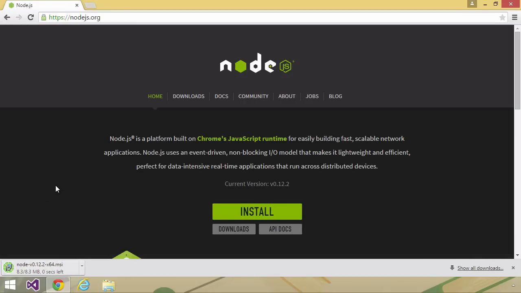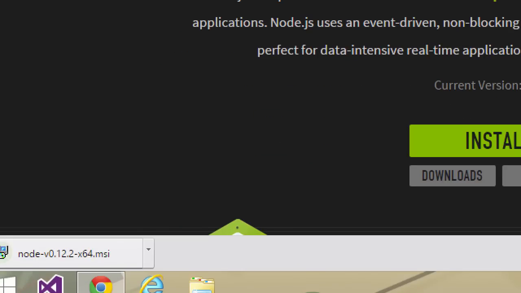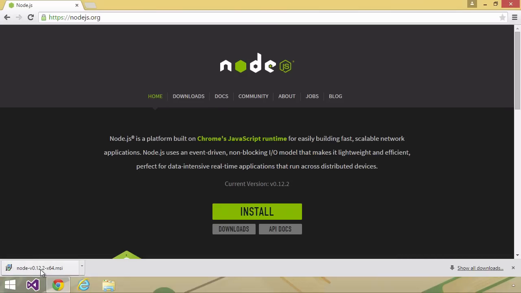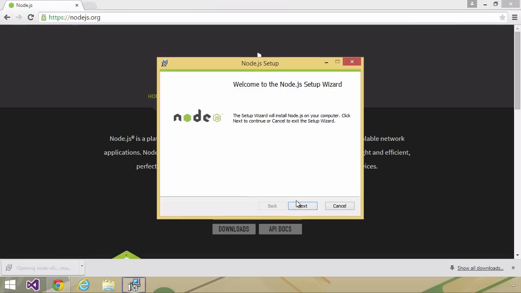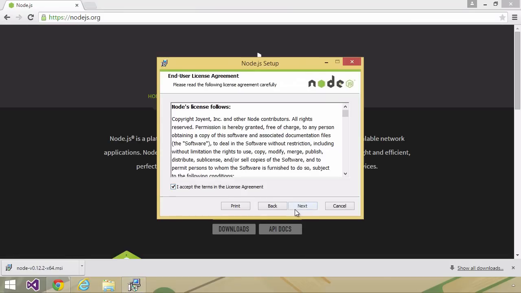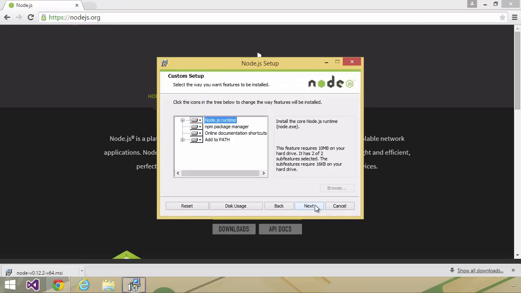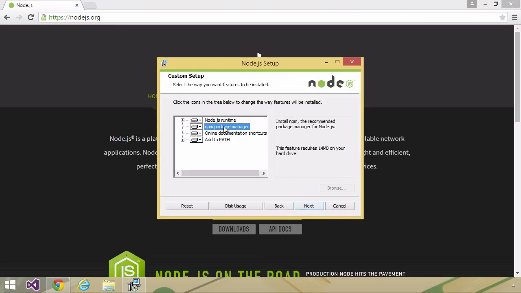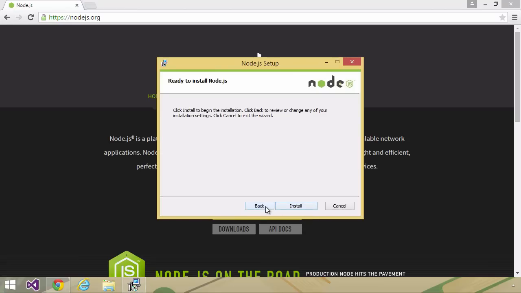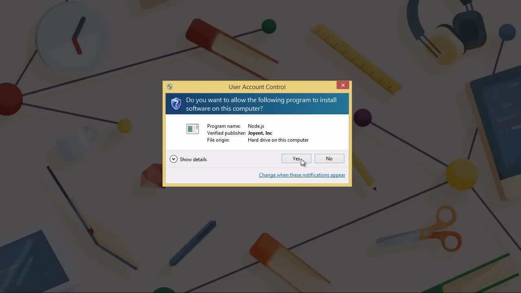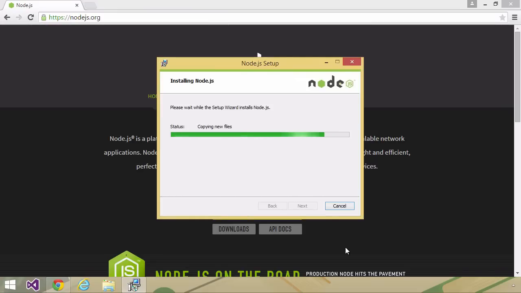I'm on Windows 8, 64-bit, and you can see that that is what we are getting. So we want to install Node. We do want to make sure that we install NPM as well. So whenever you have that option, make sure that you are installing the package manager. And I believe that's default. So just take the defaults and install,